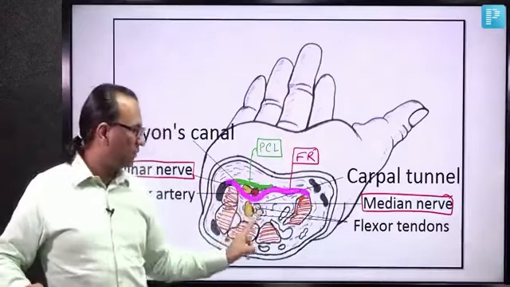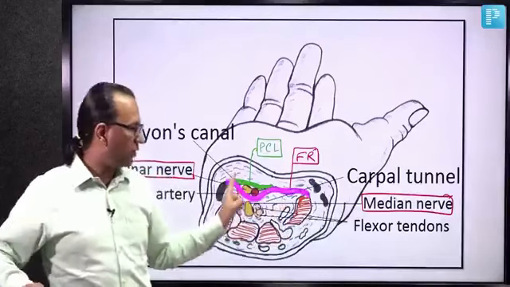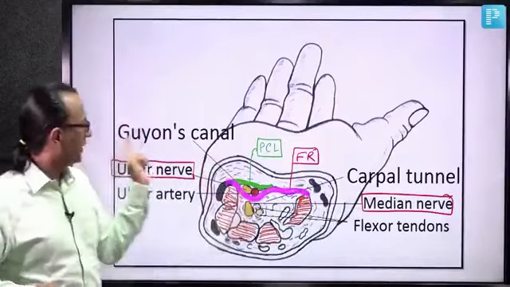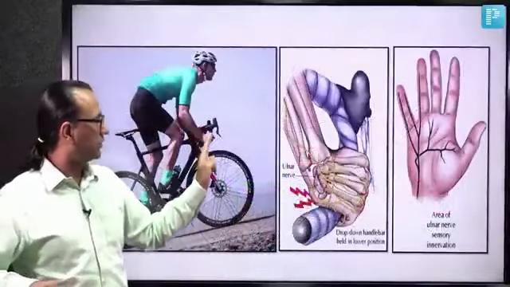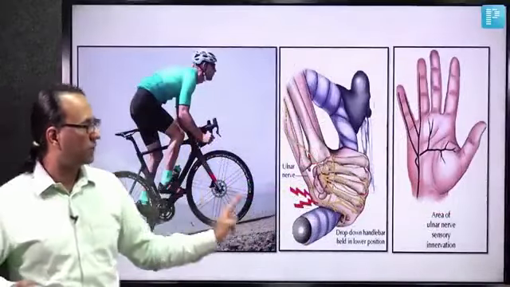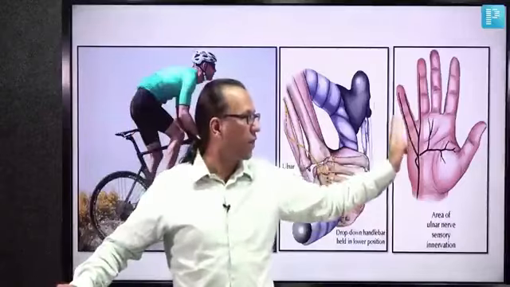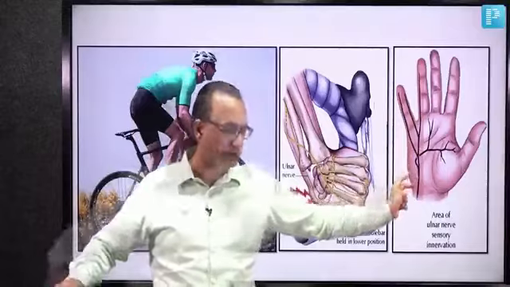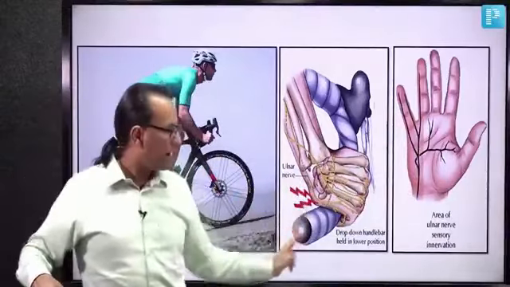Sometimes the compression of the median nerve in carpal tunnel syndrome is seen, but it will not involve the ulnar nerve. The ulnar nerve can be involved in Guyon's canal syndrome, which can be seen in the cyclist, which we will see in a diagram now. Here is the handlebar which can be compressing on the ulnar side of the hand. In the Guyon's canal, the ulnar nerve is compromised, and then there could be sensory loss in 1.5 fingers anteriorly here, and some of the muscles may also get compromised due to that compression of the ulnar nerve,